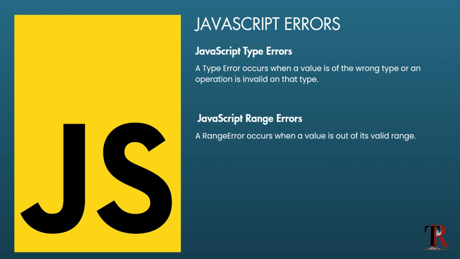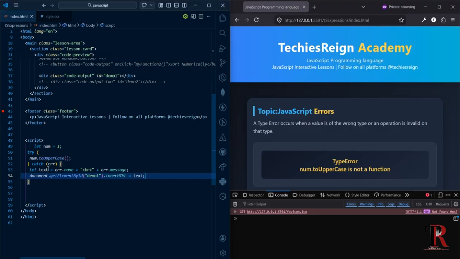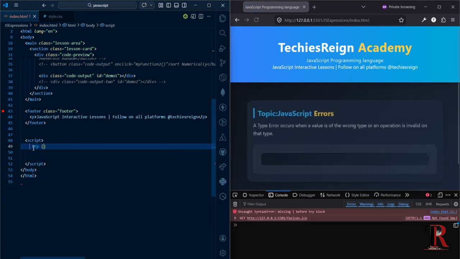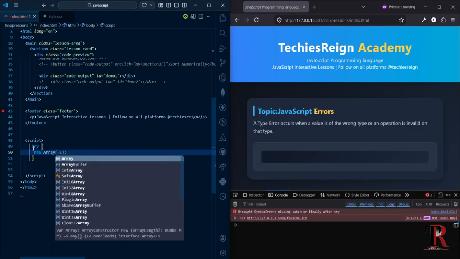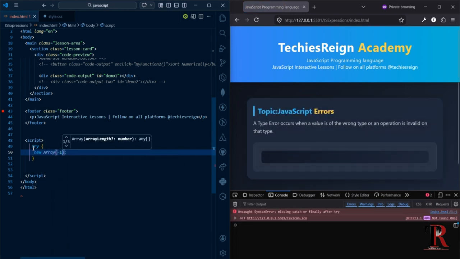Also, we have the range errors in JavaScript. A range error occurs when a value is out of its valid range. So when a value is out of its valid range, it usually runs into a range error in JavaScript. Let's look at an example. So let me use the normal try and catch method. Now, if I have new array and I pass it a value of -1,